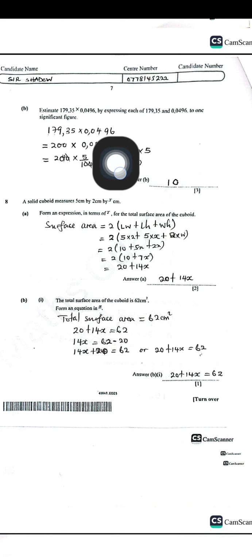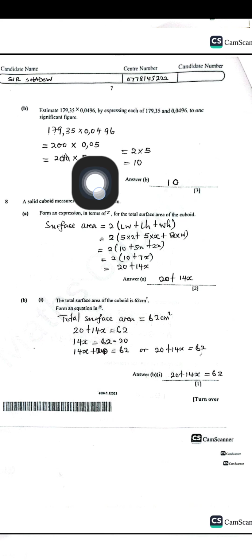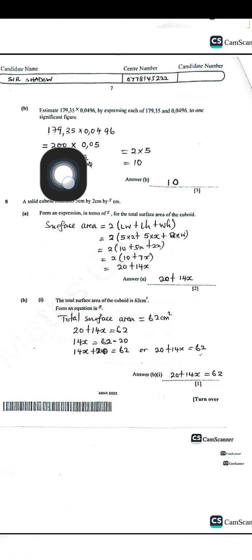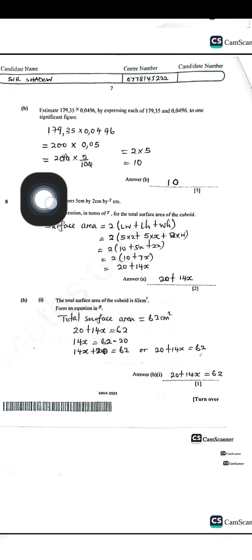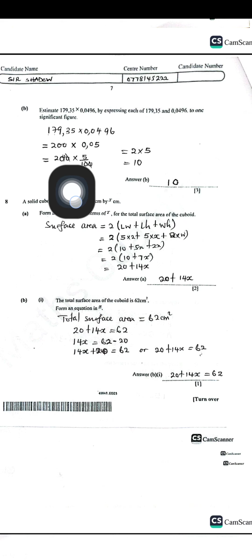You check the next number just after 4, which is 9. But remember, 9 is above 5. You add 1 to the next number, it becomes 5. Where there is 4, it becomes 5. So the solution becomes 0.05 now. So let's multiply the two. We have 200 multiplied by 0.05. So this is equal to 200 multiplied by